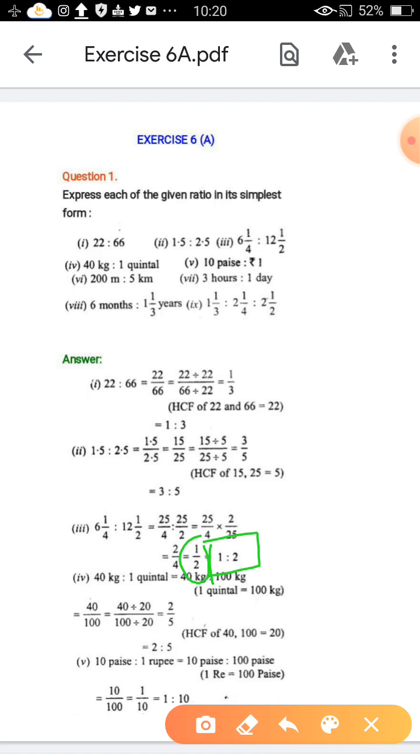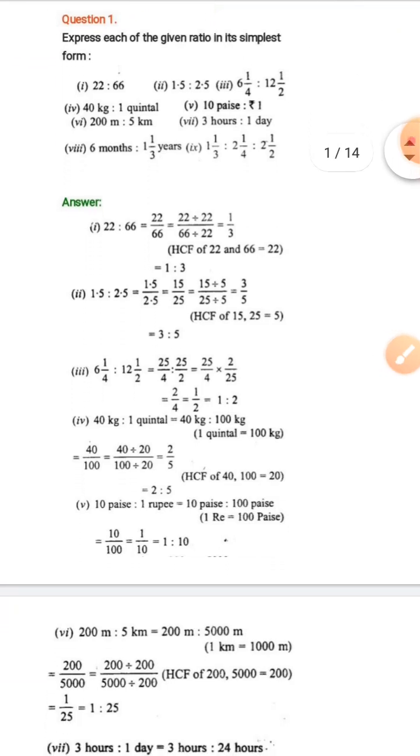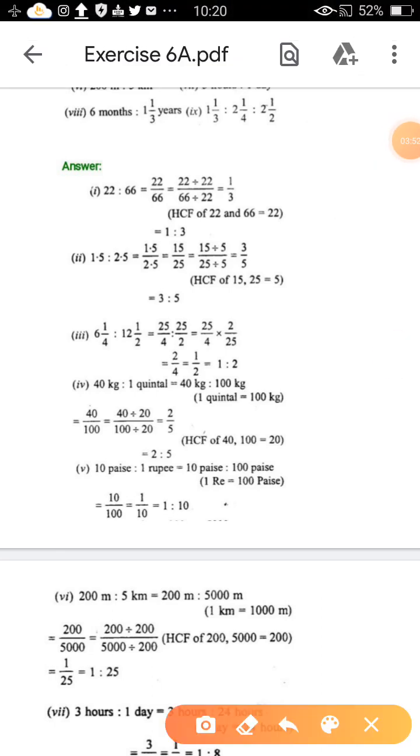Okay. Now we will see another problem, which depends on units. See now, if different units are given, then we have to equalize the units. Here, 40 kg as to 1 quintal. I have written here 40 kg as to 1 quintal, and 1 quintal means 100 kg. I have converted it here, and the conversion I have also given in the bracket.